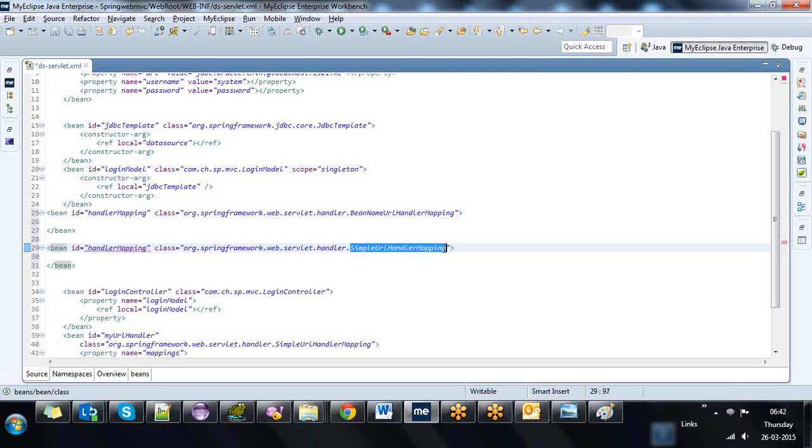From an interview point of view, they will ask you what is bean name URL handler mapping, how to use it, and what will happen if I use that handler mapping. First question: what is bean name URL handler mapping, and how to use it, when to use it, where to use it, where you use it in your project. Okay, next one. Simple